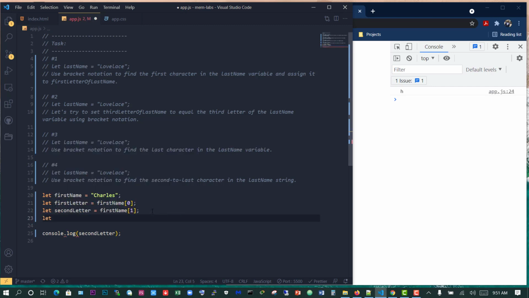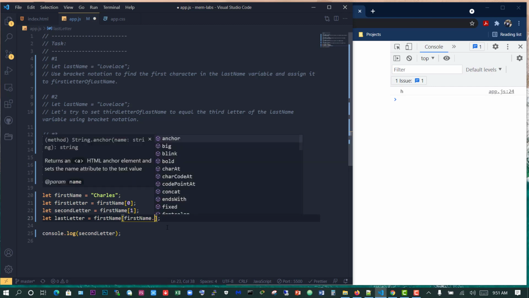So let's try doing that for the last letter. So say let lastLetter be equal to, and what do we think would be that of the last letter? Now we don't know the number of characters in this string firstName, so we need to find out. And how do we do that? In our previous video we said, is the variable, and we use .length to find the number of characters. So in this case we're going to have firstName like that, .length